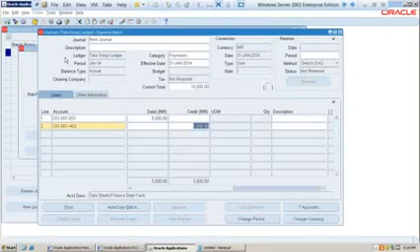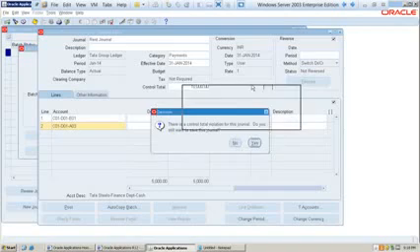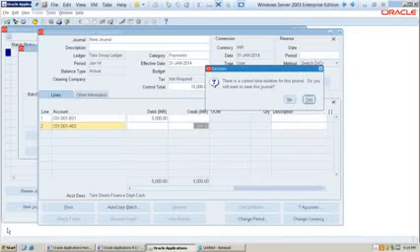I go with save now. What do you see? There's a warning message: you have a control total violation.